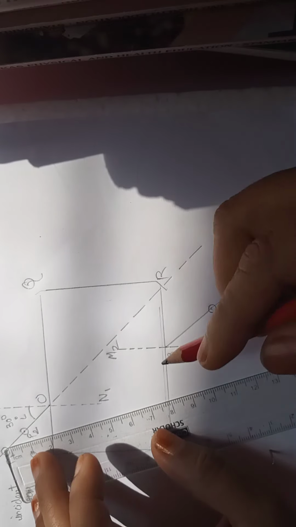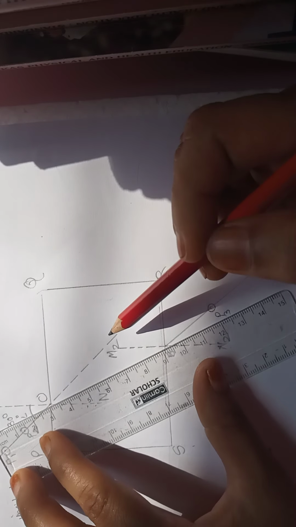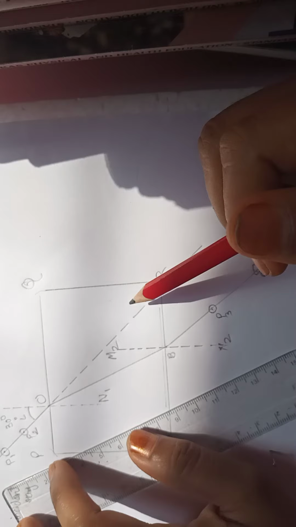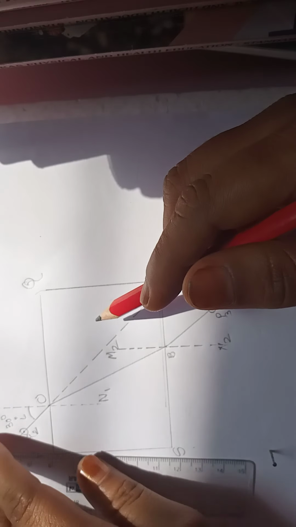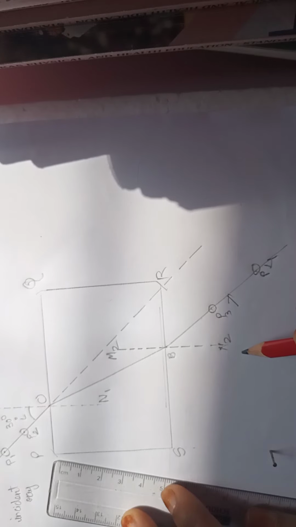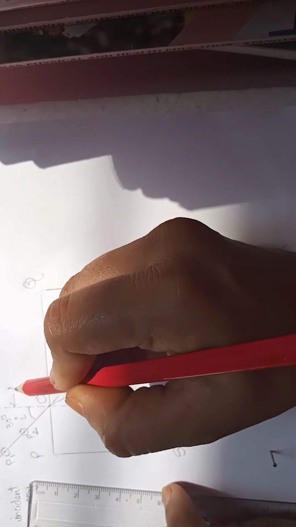Now here I am going to join the point O and point B. See? Okay. Now, if you will see, this is the emergent ray. Okay. This ray is the emergent ray. Okay. And the way this is the normal, this is also the normal. I will label it normal.